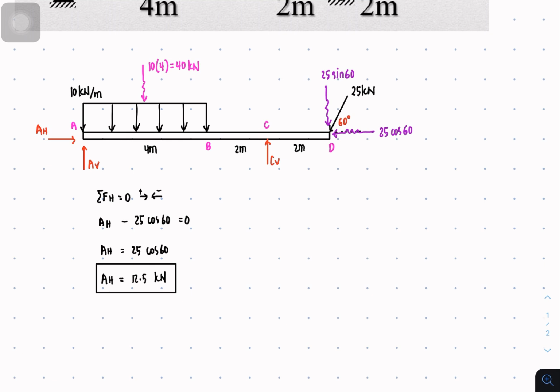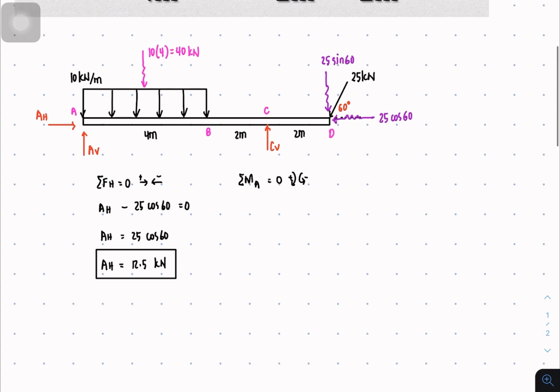Okay, next is summation of moment anywhere. So the supports are at point A and C, so you get to choose either of the 2 points. I'd like to have the summation of moment at point A equal to 0, and later on I'm gonna use point C as the checking. Okay, so summation of moment about point A. Let's try to get the force CV,